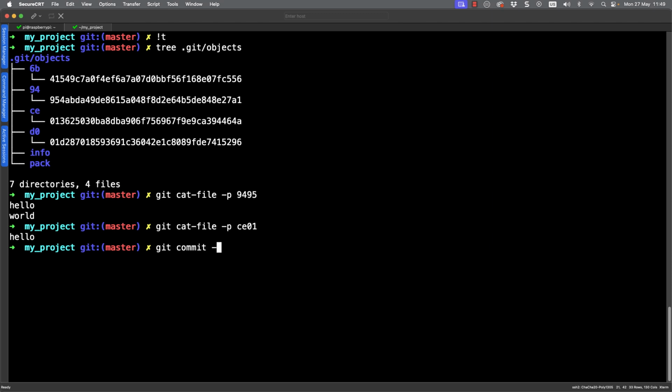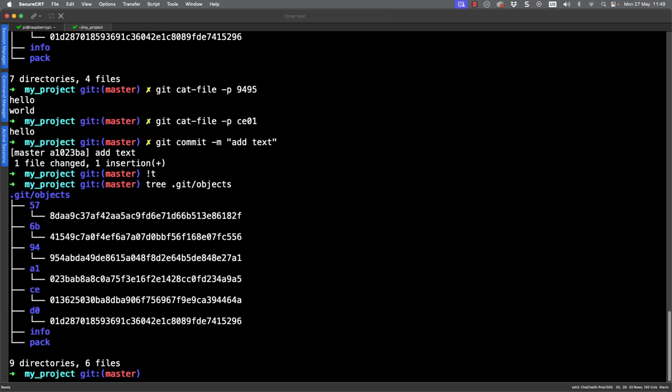So let's run through the git commit -m, and then we can say that we're adding text. And we can see now when we look at our commit coming back that we're in master. We can see the parent commit, the original commit A102, my commit message, and a summary of the changes. But let's now go through and take a look at all of our objects, and we can see there has certainly been some changes, and changes that we're really now going to start diving into to understand what's going on with our Git repository.